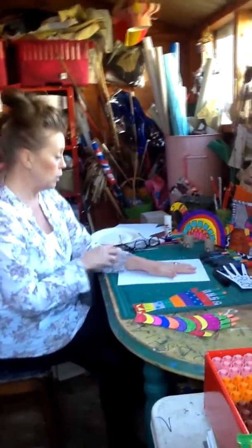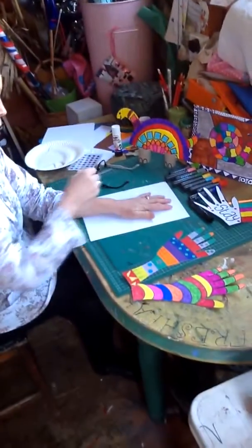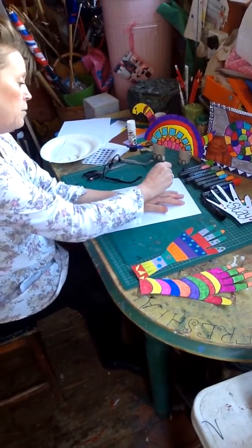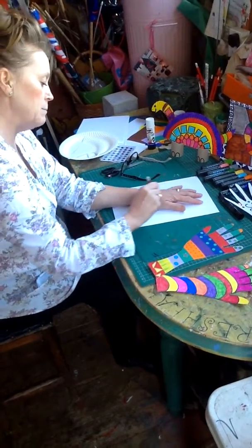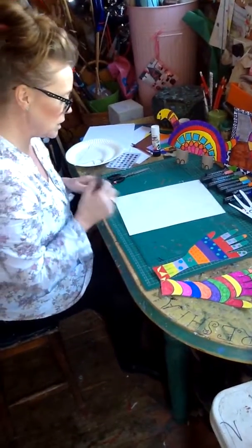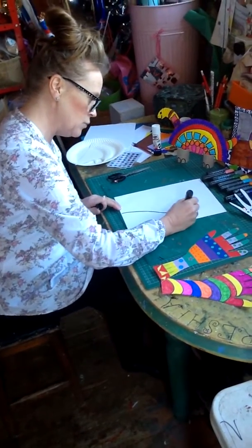First job, we're going to draw around our hands, like so. Let's get our arm on there. We want a nice big long arm so everyone can see these rainbow hands in the window, and it will make people smile as they go past. It might actually get a bit infectious and contagious, and then we'll spread it around and everybody will be doing it. So we draw around our hand